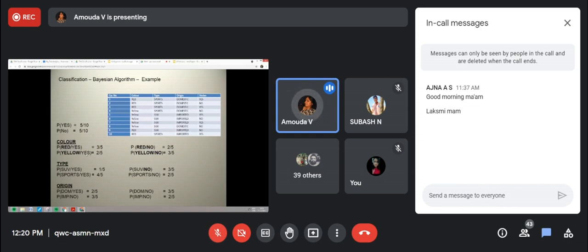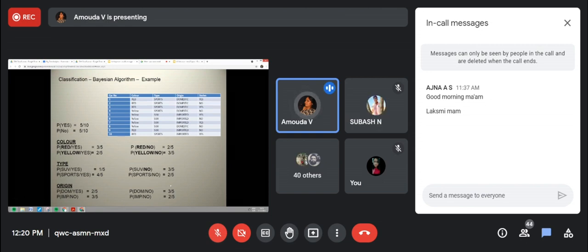Then for type, you have to calculate whether it is sports or SUV for yes, SUV for no, sports for no. Both you have to calculate, and then origin, domestic or imported.